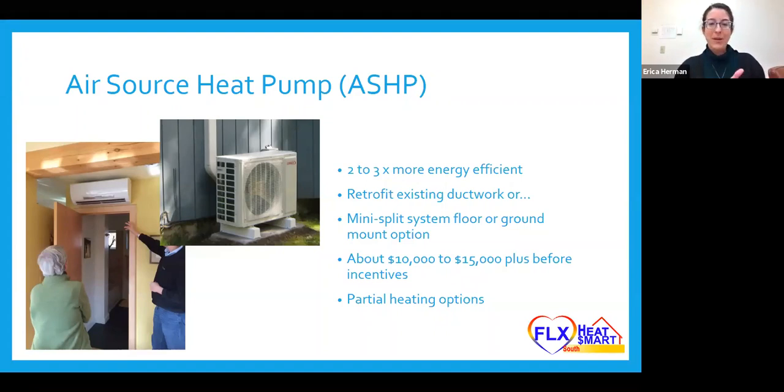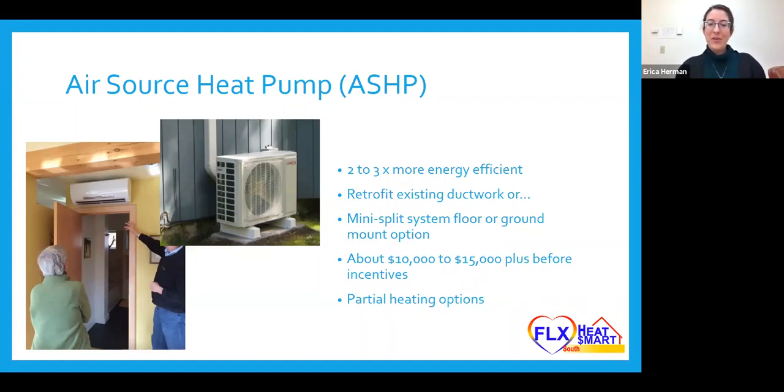If we look at the one image in the middle, that is the outside component, which is a condenser, and that little tail coming off the back is the coolant line that's going to the various parts of the home to heat or cool. You can do both, so you have separate climate control in each space that you want to heat. And in this image, we see on the far left what's called a wall-mounted unit. They also come in floor mount options as well. They just have a little bit of a premium cost for those, but they can be a really nice fit. And if you can't reach to manually change the temperature, it comes with a handy remote.